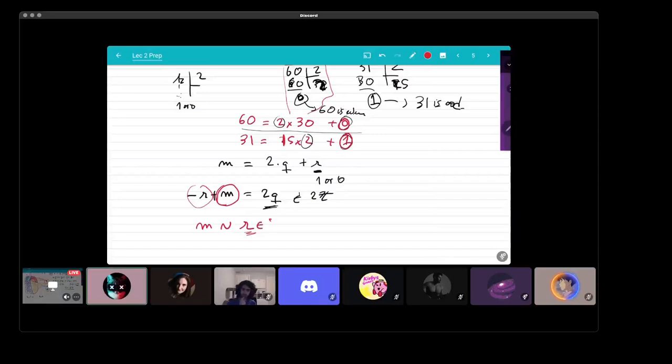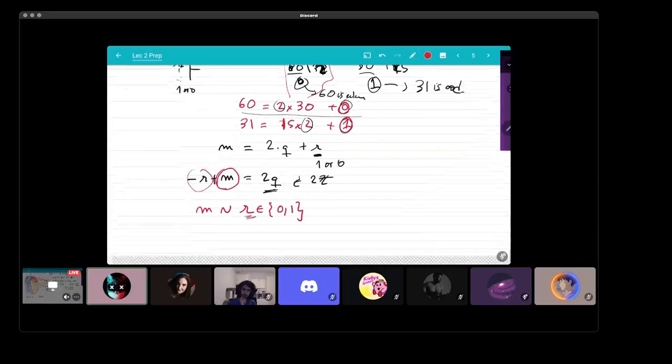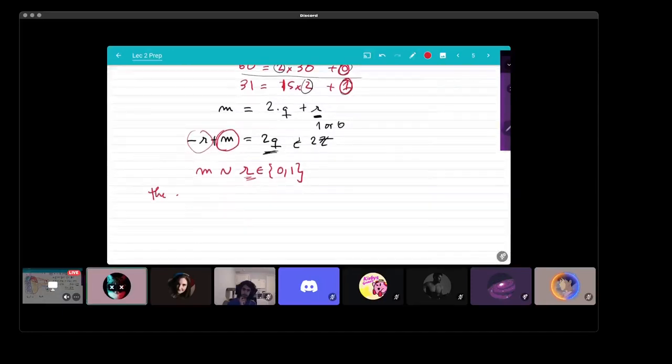And r is either 0 or 1. And so the equivalence classes for this on the integers